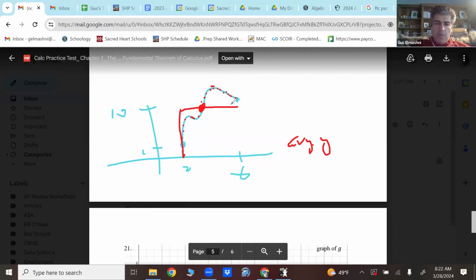Now what you could do is you could draw a rectangle. That's the average y coordinate. The difference is 4. So 4 times average y coordinate is actually going to wind up equaling, this is called the mean value theorem, the integral from 2 to 6